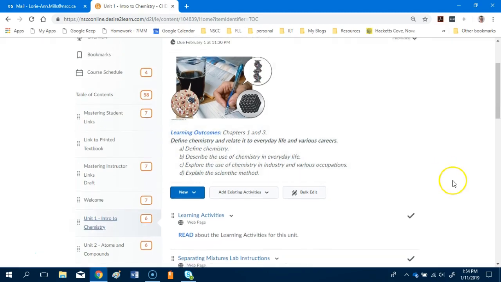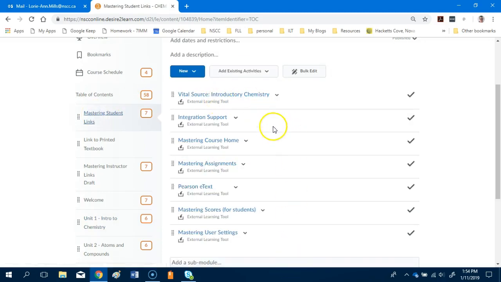That's why it's super important that you have access to your e-text. So the e-text is accessible through your Mastering Student links. So when you click on your Mastering Student links, you're going to go to your Mastering links, and you have two options. You have the Vital Source, which is a downloadable copy of your text, and you have your Pearson eText, which is only accessible when you're on the internet. Pearson eText might be a little bit slow if your internet connection is slow. If that's the case, you will want to download the Bookshelf app for your device and access and download your